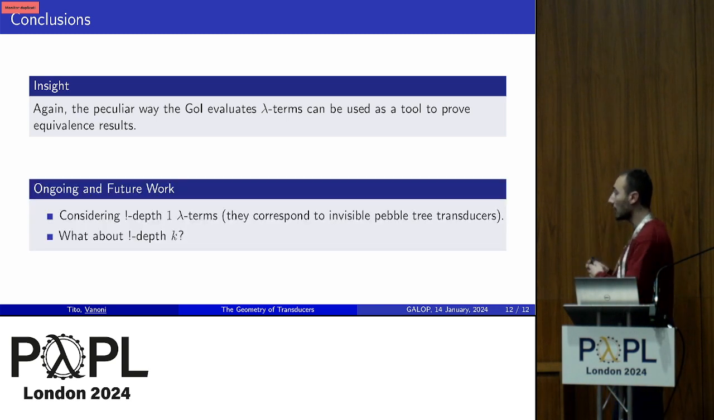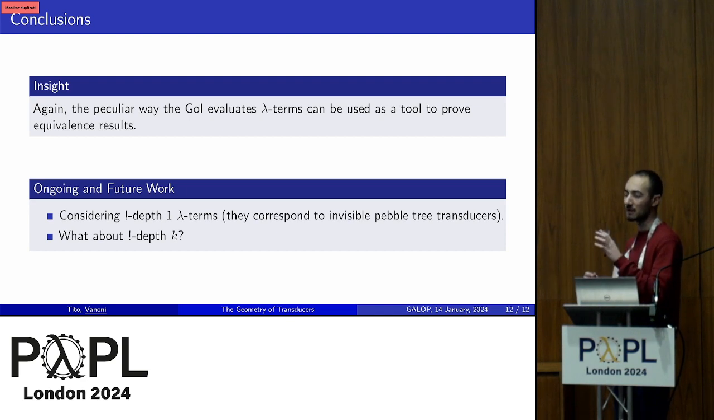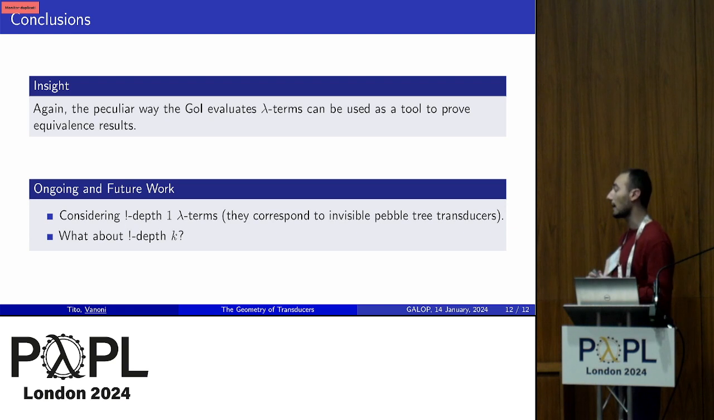And moreover, we would like to go beyond this first characterization. In particular, we already have the result about considering bang depth 1 lambda terms. So these are terms in which we allow just one level of boxing, of nesting of boxes. But not only for terms of base type, but for any type. And considering this kind of lambda terms,